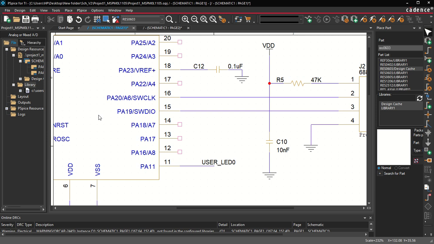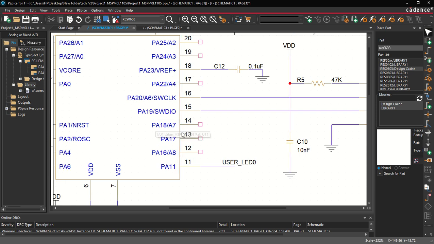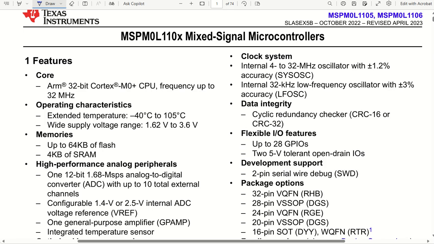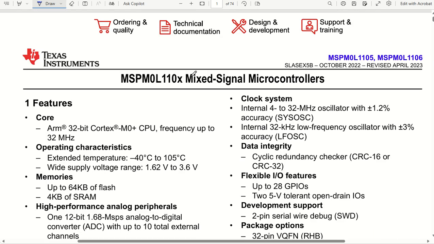Now we had not seen the pin functionalities and pin capabilities, how they are capable of doing different tasks, right? So we'll start with one by one. What we can do is open the data sheet of this particular microcontroller. So this is the particular microcontroller